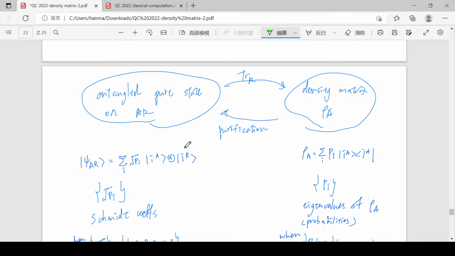We see in a very simple way how those concepts tell you about entanglement between system A and system B. And there are more delicate ways to describe entanglement, and you can read them in